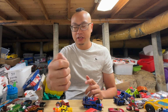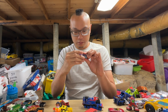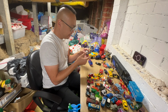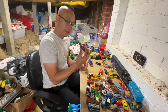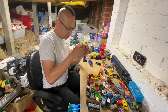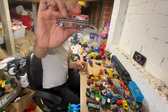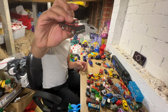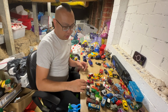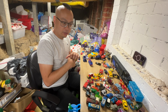Same one here. I think this one's color shifting as well, if I'm not wrong. Yep, there you go. This one was interesting. This is a red line. I think it's a Chevy. No, it's a GM panel, 55 GM panel van. So this one goes for $40 in the packet, out of the packet between $20 and $30. $1, red line. Goes to show, when people accumulate stock and they put it out for sale, sometimes people say,